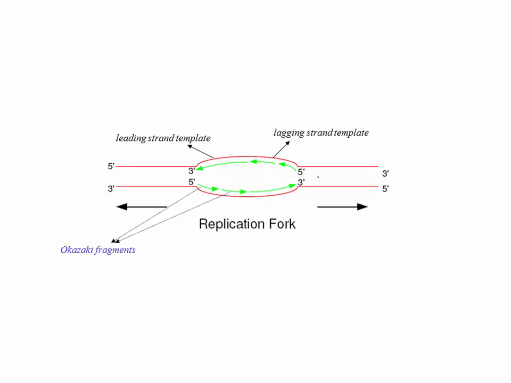So that's why this is discontinuous. You cannot just start and keep on synthesizing. If you started from here, let's say you synthesize up to here, but then all of this stuff opened up, so you cannot go in the reverse direction. You have to jump to that position and then synthesize. Think about this some more, because this is something I ask on the exam too, to explain how Okazaki fragments are formed.